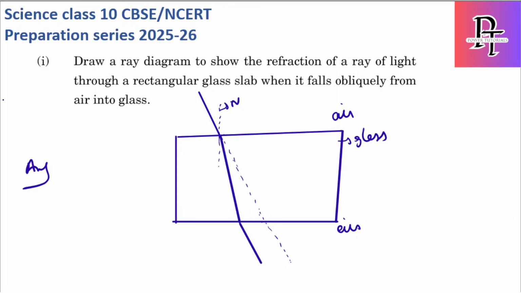तो ये क्वेश्चन बहुत इंपॉर्टेंट है, कम से कम 2 to 3 मार्क्स वाला क्वेश्चन हर बोर्ड एग्जाम में इस पॉइंट ऑफ व्यू में आएगा। तो आपको कुछ चीज़ें याद रखनी हैं। ये पहला वाला एंगल ऑफ इंसिडेंस है और ये ई है, एंगल ऑफ इमर्जेंस बोलते हैं। और ये वाला एंगल R1 है और ये वाला एंगल R2 बोलते हैं। ये पहला वाला रिफ्रैक्टेड रे, रिफ्रैक्टेड एंगल, और दूसरा वाला रिफ्रैक्टेड एंगल, ठीक है। और यहाँ भी हमको नॉर्मल लिखना पड़ेगा, और ये वाला एंगल I2 होता है, सेकंड इंसिडेंट। ये डायग्राम बहुत ध्यान से देख लीजिए, बहुत इंपॉर्टेंट है।